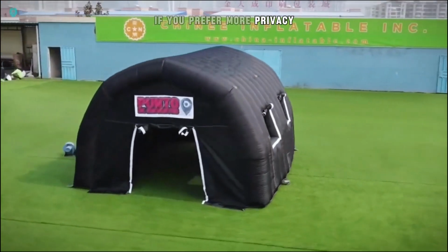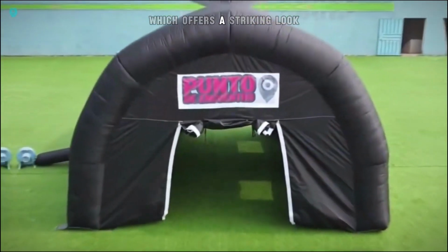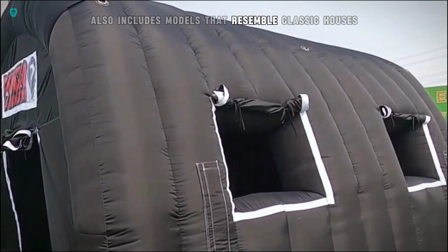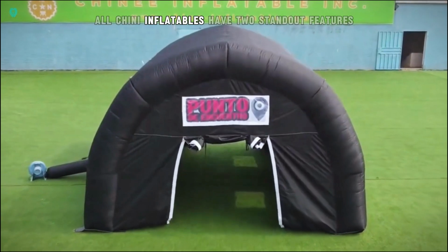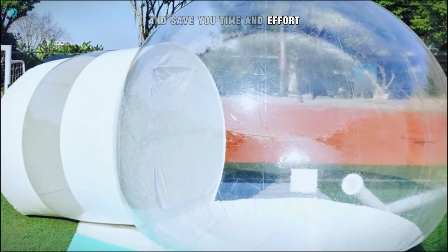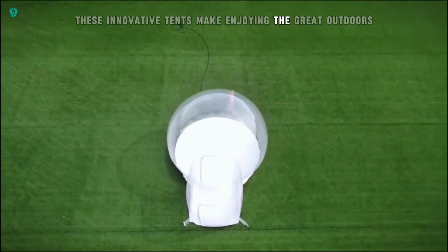If you prefer more privacy, you can easily adjust parts to become opaque. Or consider the inflatable igloo, which offers a striking look and ample space for a cozy living area. Chinny Inflatables also includes models that resemble classic houses or small hangars with windows. All Chinny Inflatables have 2 standout features. They set up quickly with just a simple inflation and save you time and effort. Whether for a mobile home or just a unique outdoor experience, these innovative tents make enjoying the great outdoors both